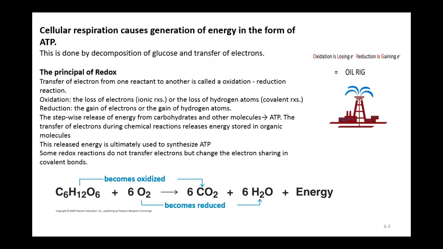And so the release of energy is ultimately used to synthesize ATP. So if we look at our famous glucose molecule, C6H12O6, plus oxygen, the glucose becomes oxidized, it's losing hydrogen, it lost a whole lot of hydrogen, and with that, those hydrogen ions, remember the hydrogen atoms, remember you have a positive and a negative, and then the oxygen becomes reduced because it's gaining a bunch of hydrogens, plus energy.